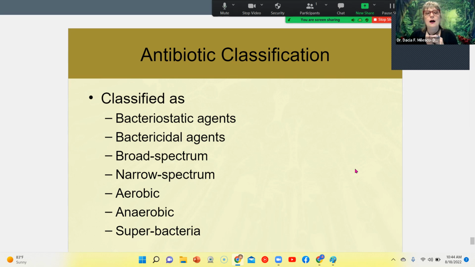All right. A mixed wound is going to have both aerobic and anaerobic bacteria. And God help you if you have superbacteria, which are resistant. For example, methicillin-resistant Staph aureus, MRSA, very common. It started out as nosocomial infections. It's very common now to get this infection. And we have